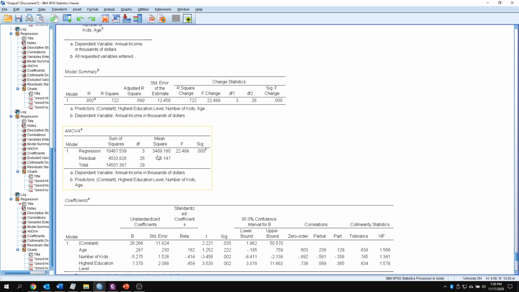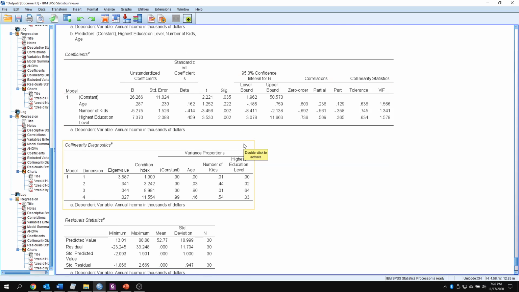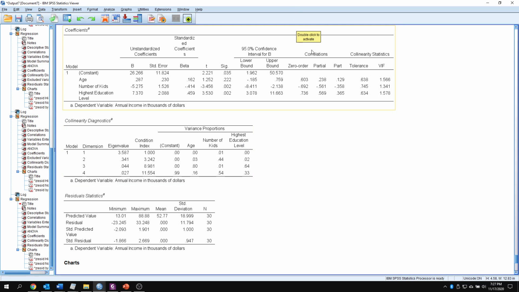So wonderful. And if we go down to our coefficients table, let's take a look here. This B value represents the same thing that it did the last time. For every unit increase, we can see this much increase in our income level. So every additional kid is going to yield us $5,000 less in income, and every level of education greater is going to yield us